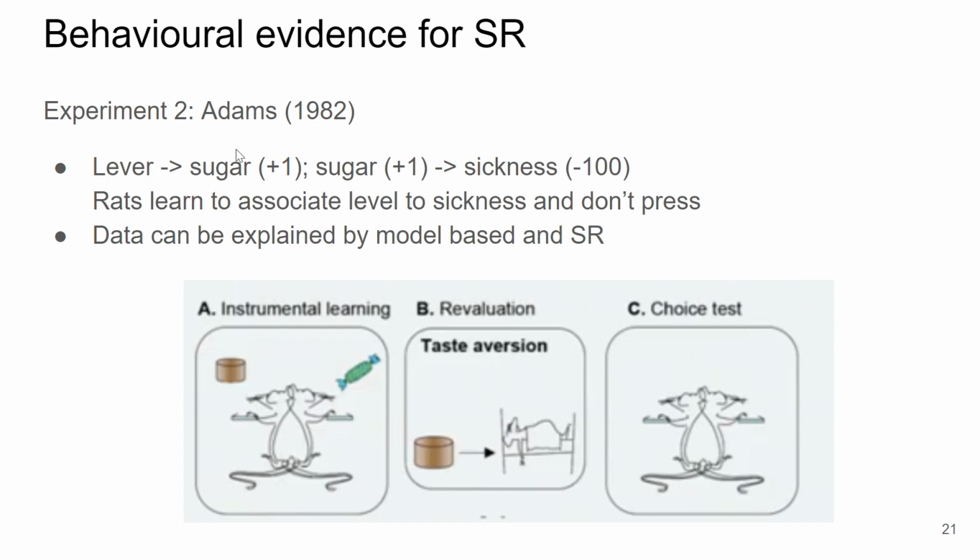Okay, so let's say we're using a value based method, and we continuously have this trial. Yeah. So the value of your lever would become +1. No, because the episode doesn't end right there, right? So this is one trial. This is all that happens in the trial. The episode ends there. Okay, but like experimentally, how can you say that it ends there? Because it further leads to sickness.